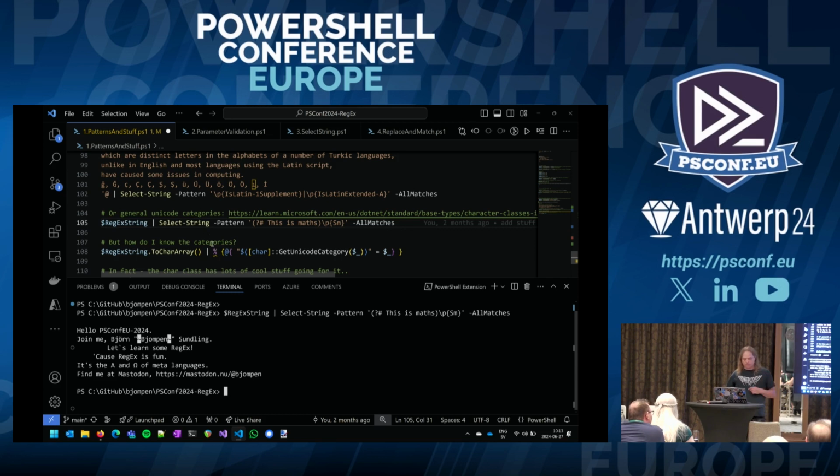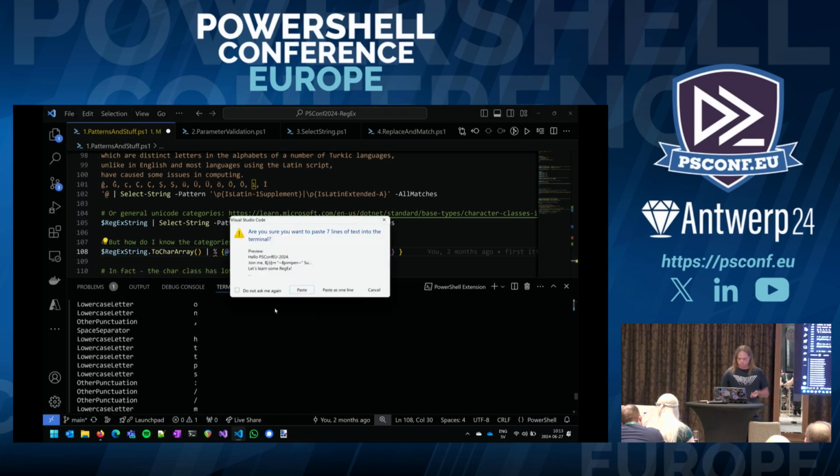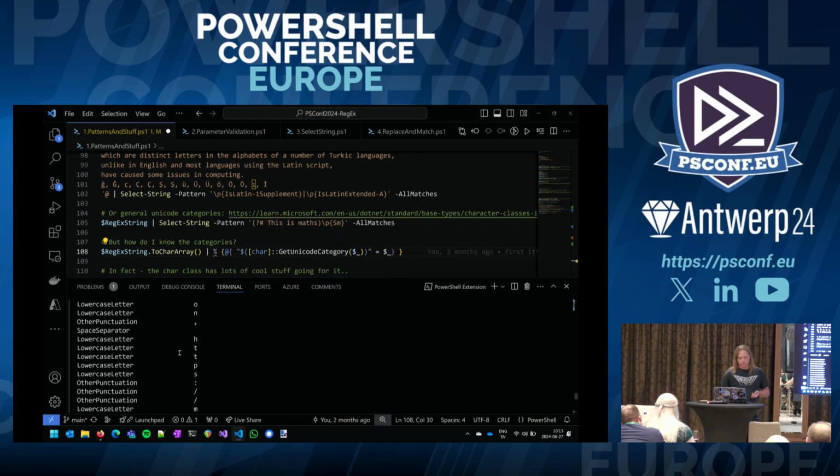It's not perfect, but in the char class, there's also a method, GetUnicodeCategory, that we can use to see, we have a math character. We have, no, definitely not. We have space characters. We have punctuation characters. So this would give us a hint of where to look and what we're looking at. Unfortunately, it doesn't tell us which Unicode category, as in language, we're in.